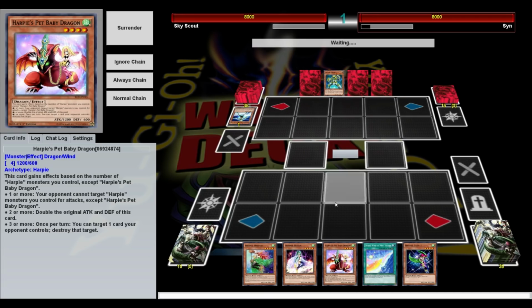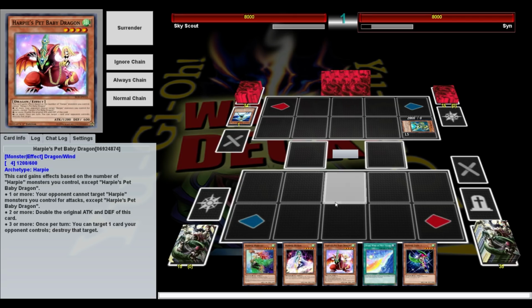Looks like we're going against Cyber Dragon Infinity again, which is not something I can really play through. Can't play through the negations, not going first turn. I need to set up all the negations. Going second is not nearly...